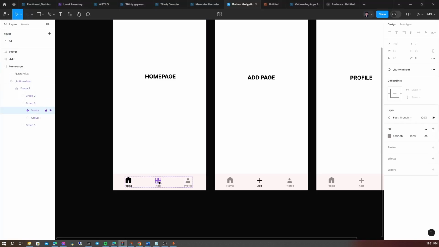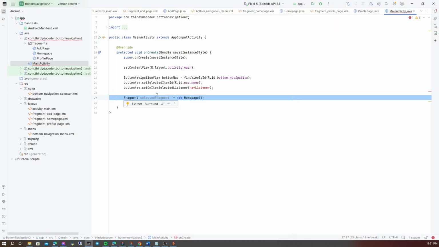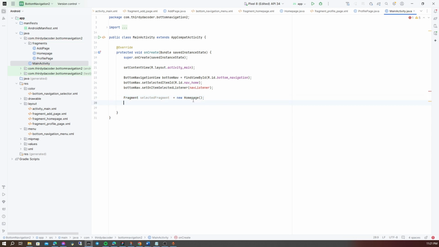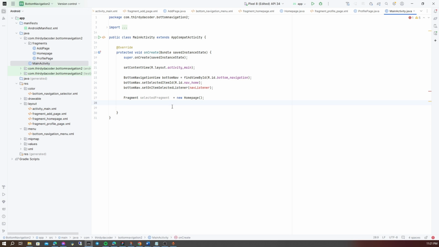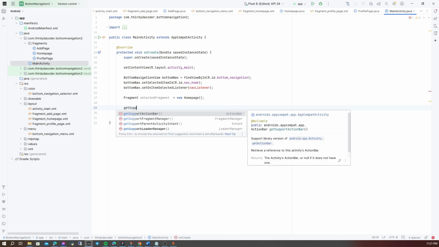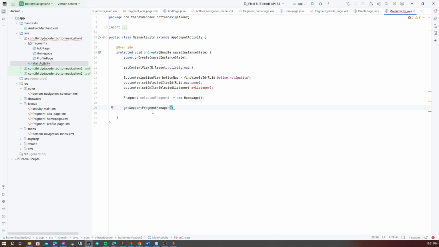It's up to you if the default is add, but in this video the default is the home page. So here it is, the home page fragment. Okay, back to the main activity, and I think this is the method getSupportFragmentManager, then beginTransaction, then replace.